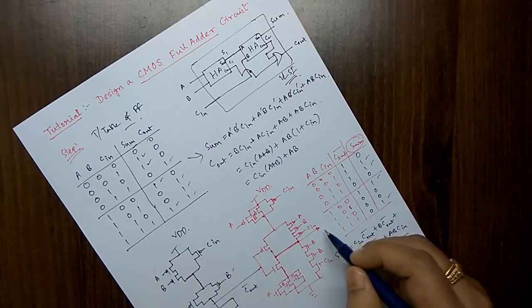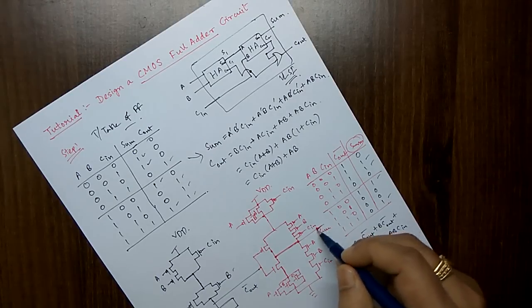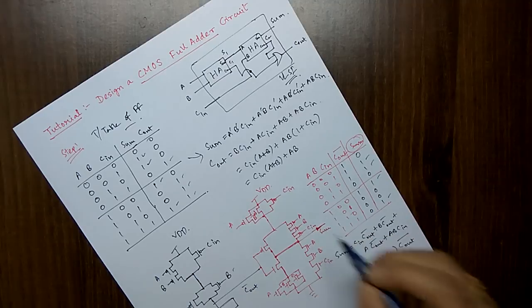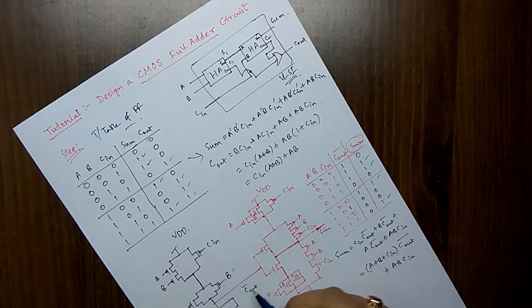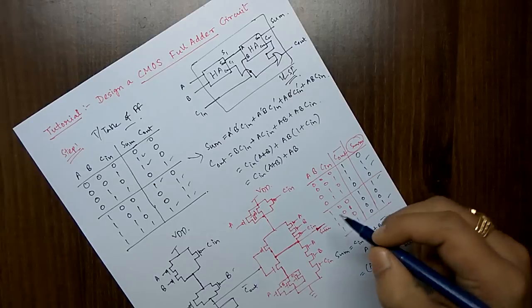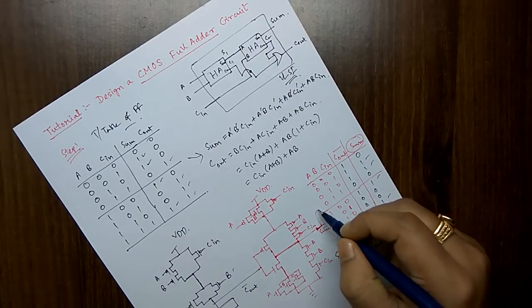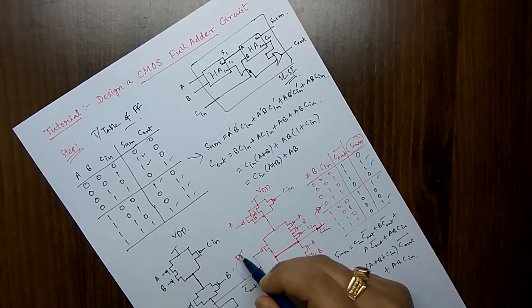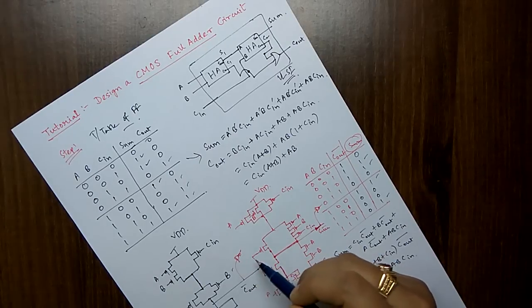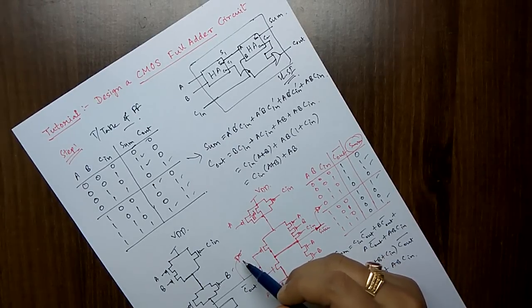So finally it is for sum. This is sum. But remember one thing, this is also sum bar, and this is also C out bar. To take the pure output of sum, you need to take an inverter of it. Here also, and here also, you need to take one inverter. Obviously remember, this digital inverter symbol will not work, because we have to always design a CMOS inverter.